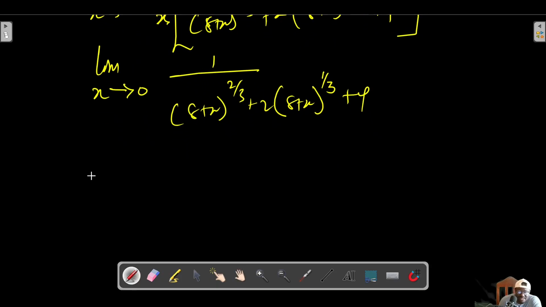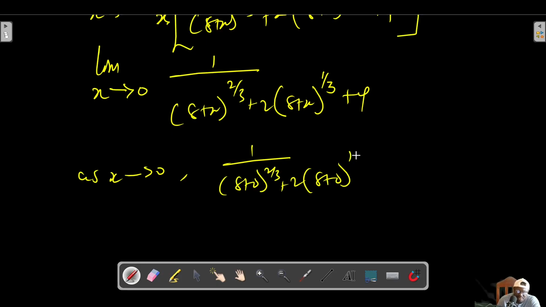So what do we get now? As x is approaching 0, we end up with 1 over 8 plus 0 raised to the power 2 on 3, plus 2 times 8 plus 0 raised to the power 1 over 3, plus 4. So now our answer is 1 over